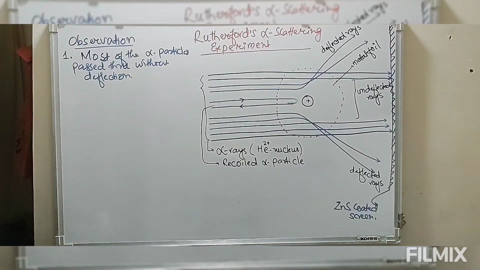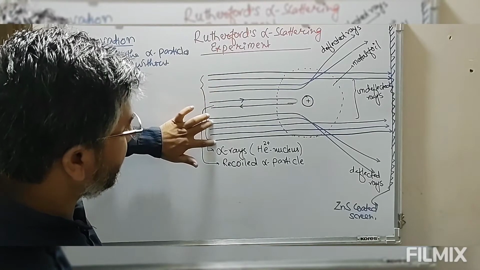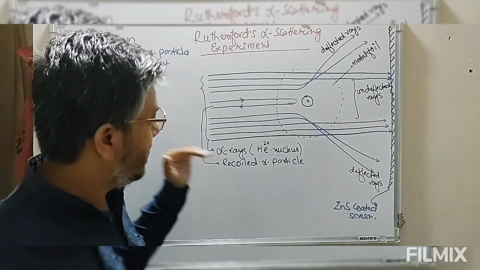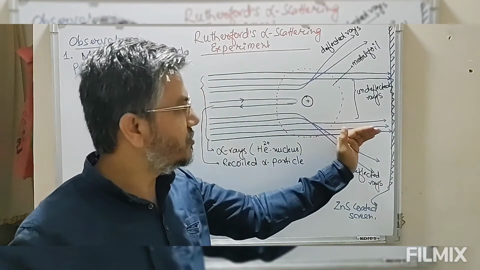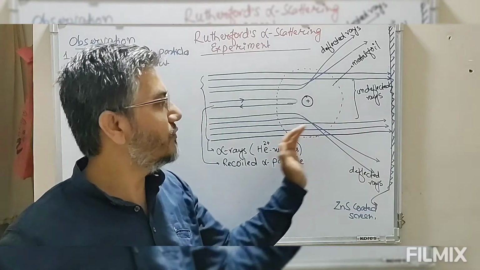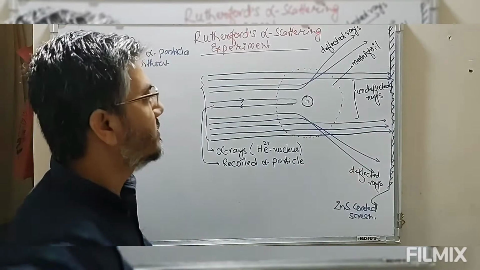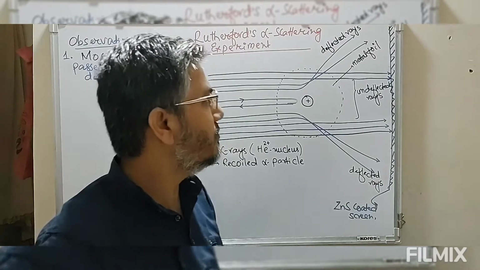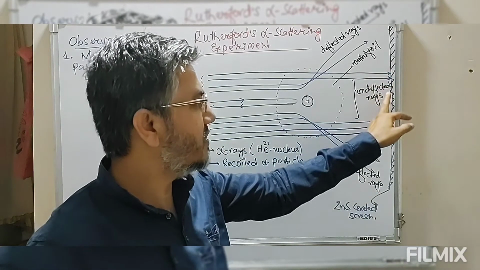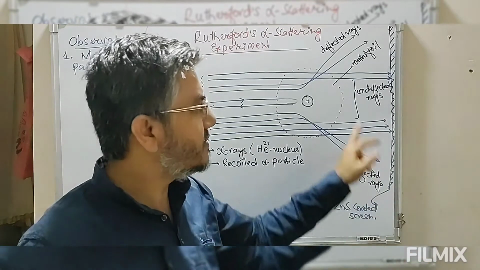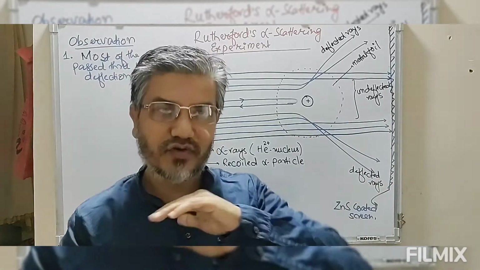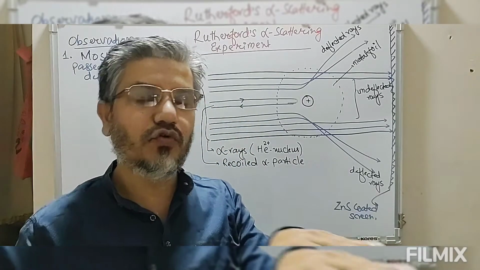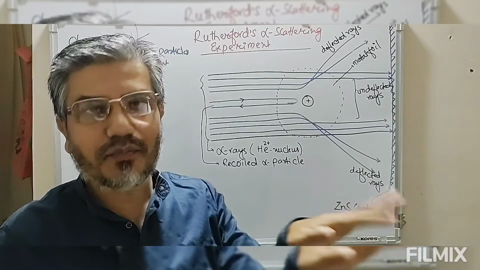Now look at this. These are alpha particles passing through the metal foil without any deflection, meaning there is no change in the direction of movement of the alpha particles. From the glow produced behind this screen, we observe that most of the alpha particles that were targeted at the thin metal foil passed through the metal foil without any deflection in their normal pathway.